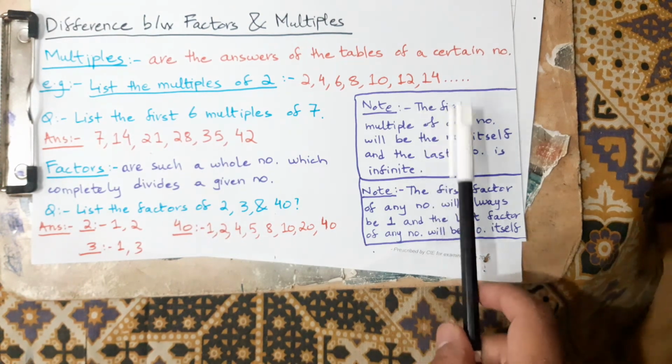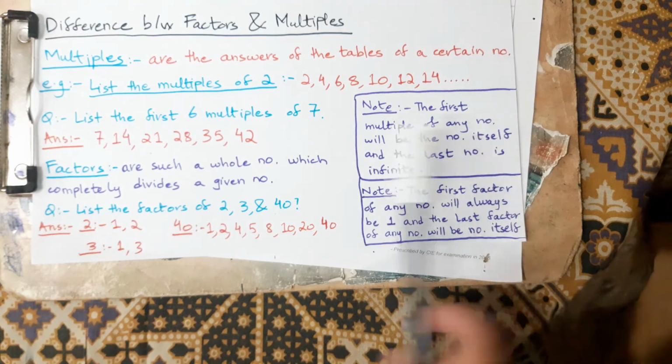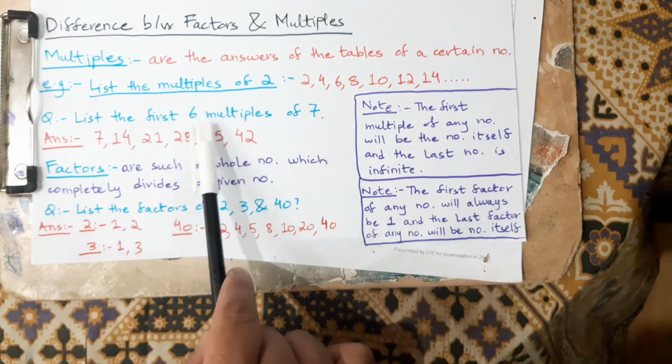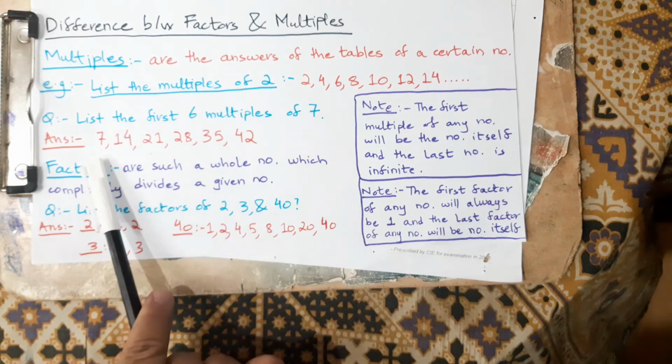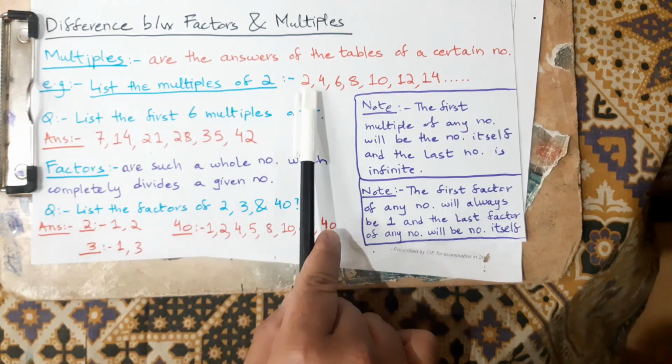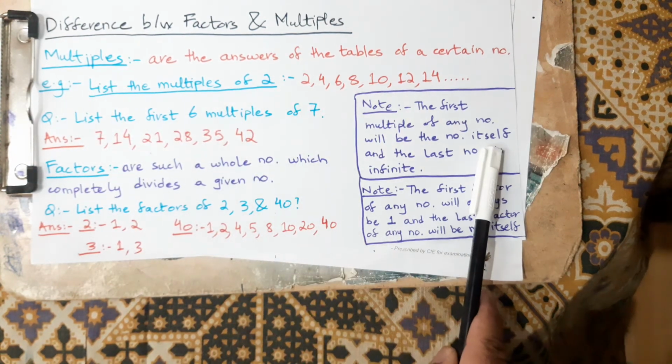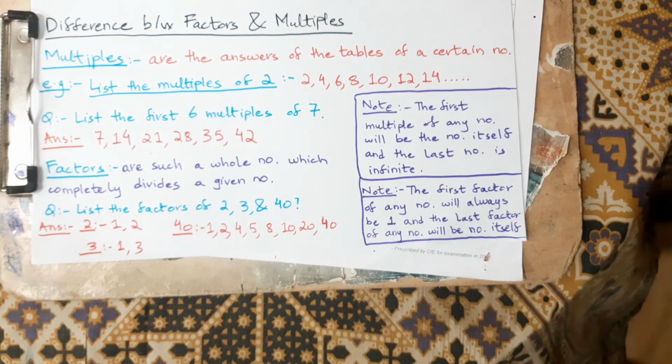Here is a note that the first multiple of any number will be the number itself. You can see that if we list the multiples of 7, 7 is the first multiple, and in the multiples of 2, 2 is the first multiple. So the multiple of the first number